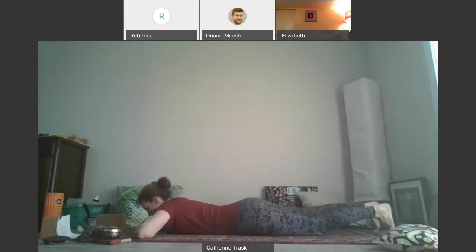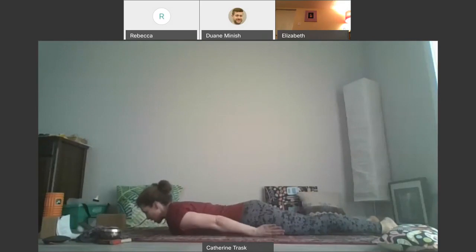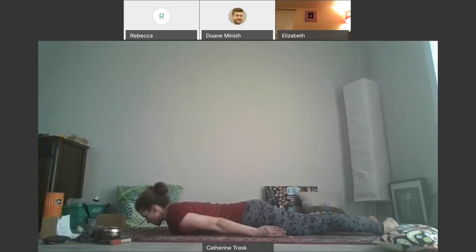And then we can find another version of Makarasana, crocodile. We'll start clicking our toenails down, lengthening through our tails, so staying really long through our lower back, activating our abdominal muscles, so drawing up and in on the tummy. We'll inhale here, option